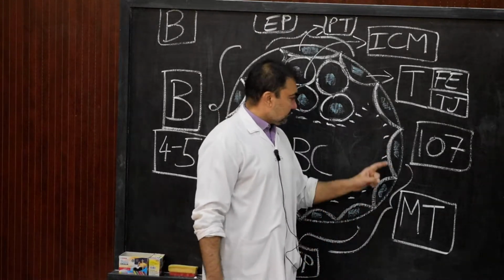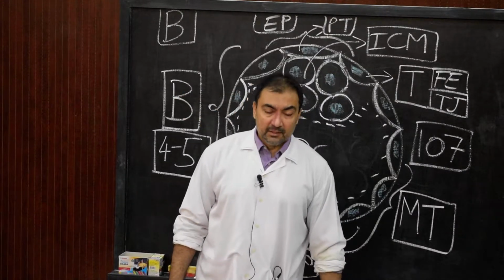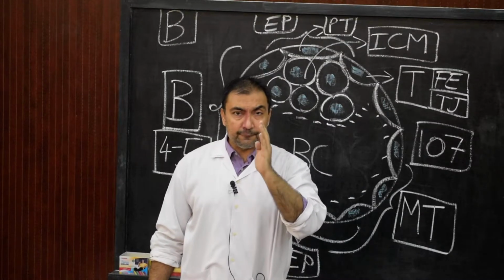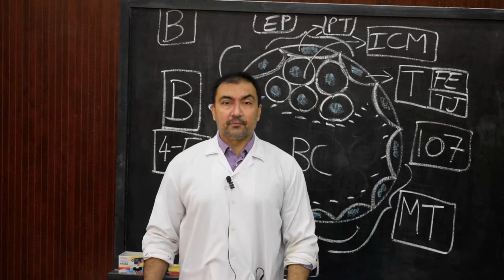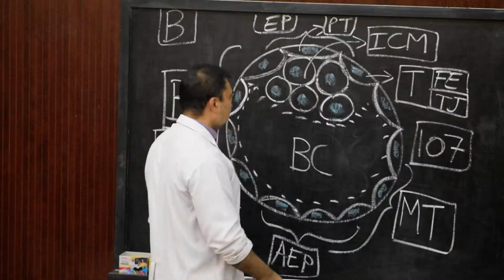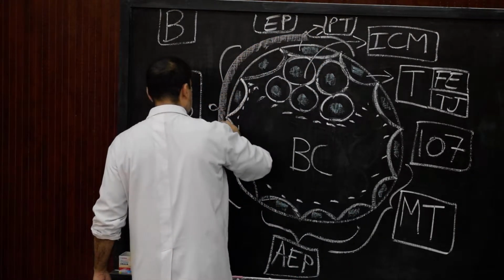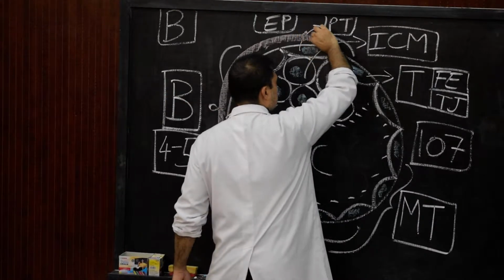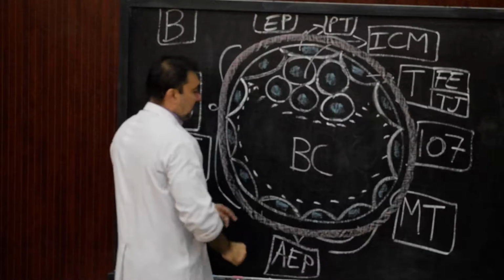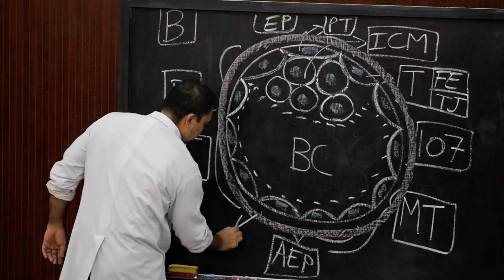Now what will happen? This blastocyst has already reached the uterine lumen. So now there is time for implantation. At the end of the 5th day, there will be disappearance of the zona pellucida. Remember, there is an outer covering. If I draw here, there is still an outer covering, and this outer covering which I am drawing is the zona pellucida. So this zona pellucida I am going to mark down.